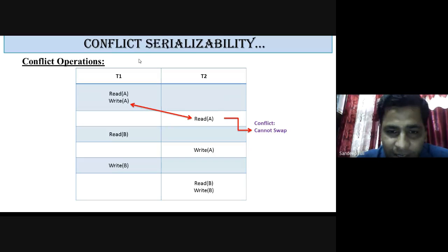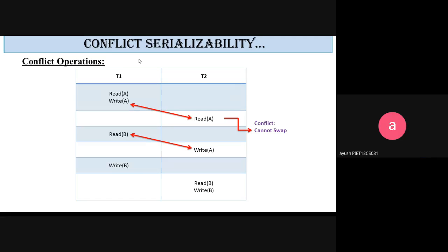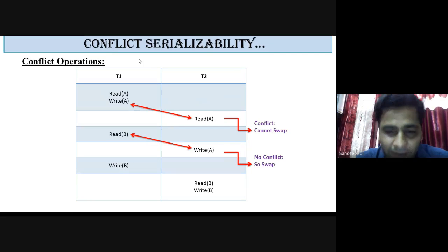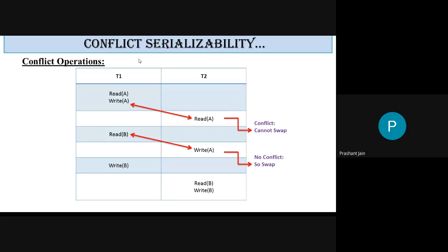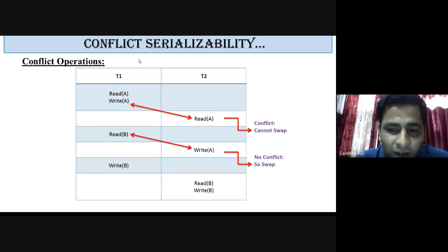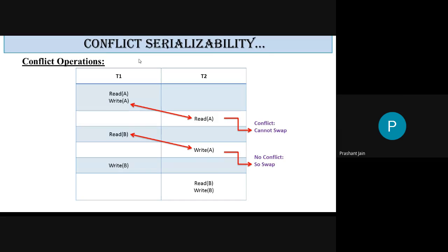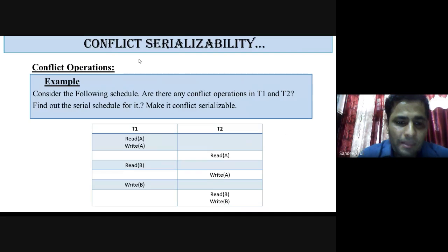Now the reason is clear. So this is the example where we can see that this is a conflicting operation and we cannot swap it. Now the other one, you see on this. Tell me whether it is conflicting or non-conflicting. Non-conflicting. Good. It is non-conflicting, and because of that we can swap them. Is it clear now what is conflicting and what is non-conflicting? Yes, sir. Good. Then now we are coming to the example.